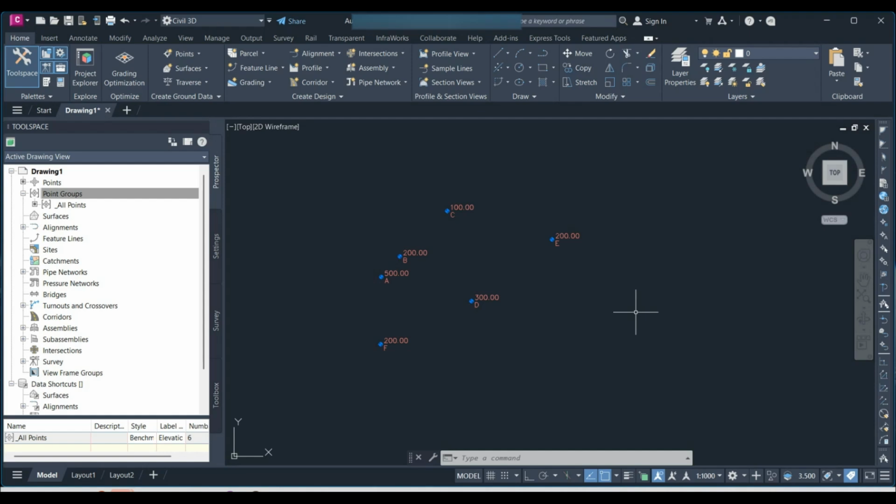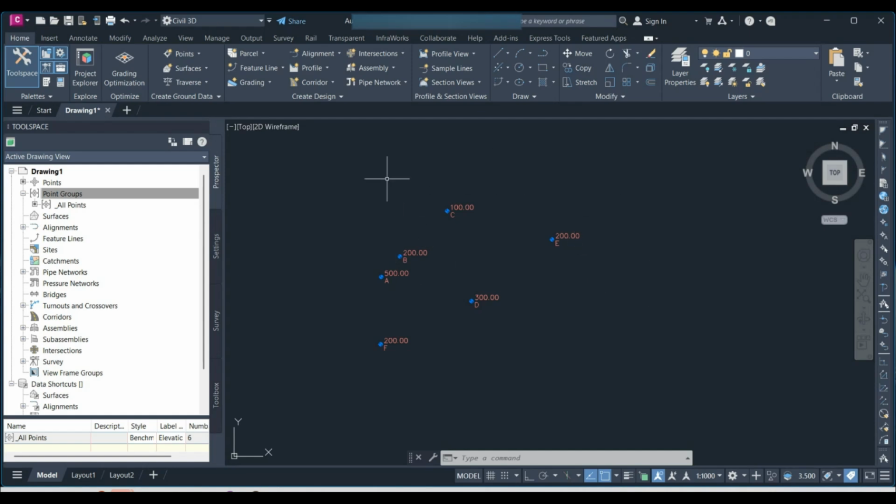Naturally, when working with such a large number of points, it becomes necessary to organize them into groups to avoid confusion. When points are grouped, and each point is placed into its appropriate group, our work becomes much easier, especially when creating surfaces. For each group, we can assign a specific style and specific labels, which significantly simplifies our workflow